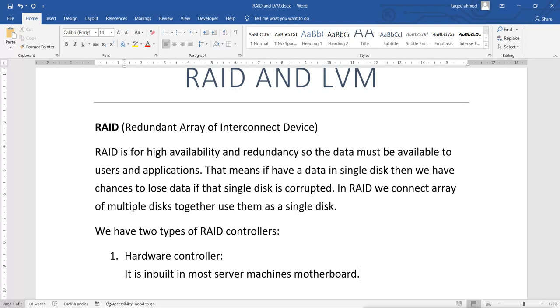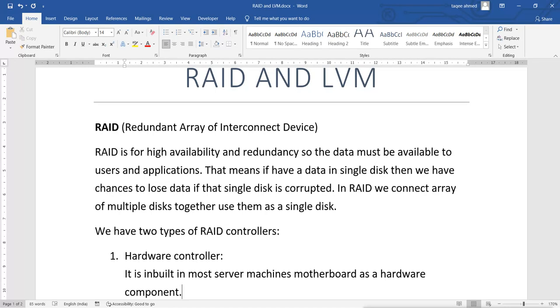Now why do we call it a hardware controller? Because it has its own hardware IC, or we can say its own hardware component for managing RAID, and that is inbuilt into the motherboard as a hardware component.